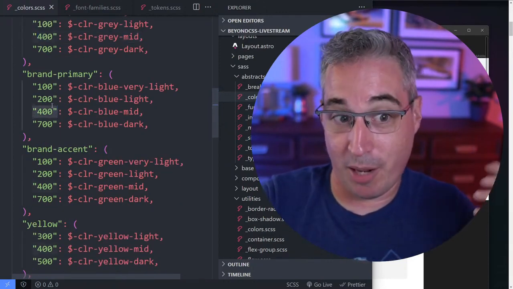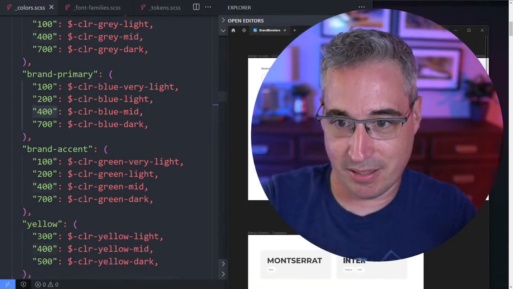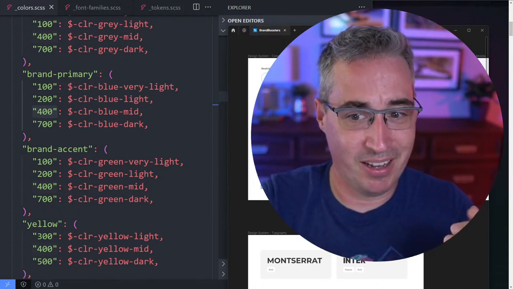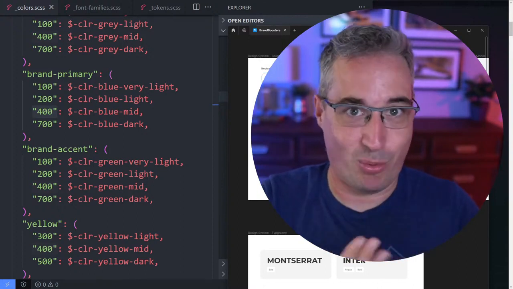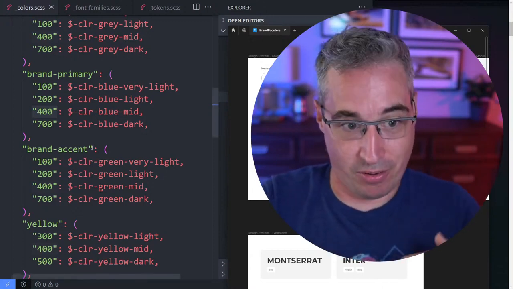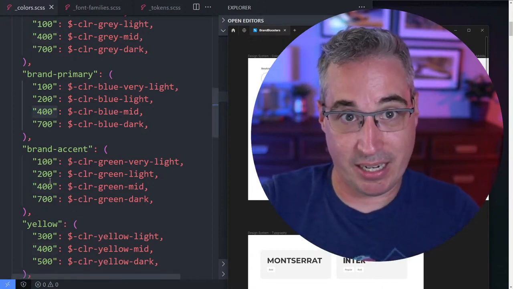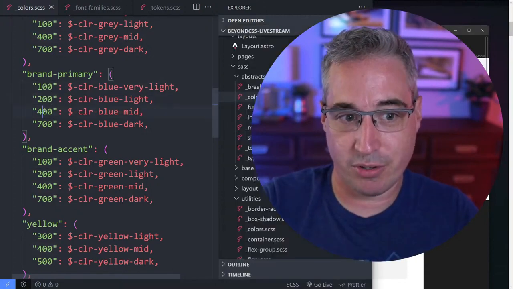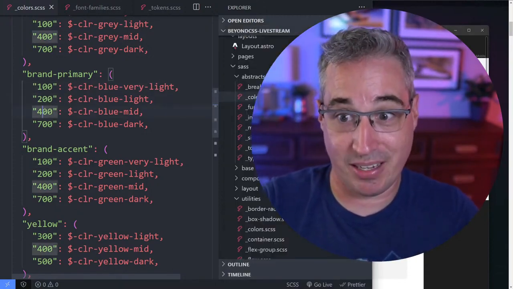My primary 400 is this one here. It's sort of this middle ground. My gray neutral is a 400. They don't work very well if you have white or dark text on them in general, because it's really middle of the road. The darker it gets, the higher the number, and the lighter it gets, the lower the number. And the reason I use 100, 200, 400,